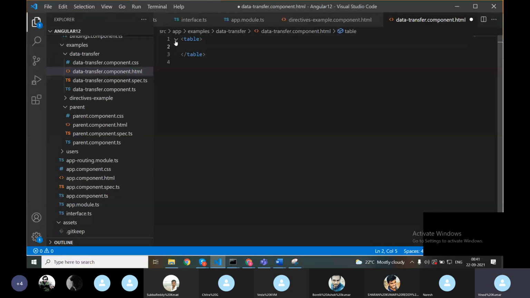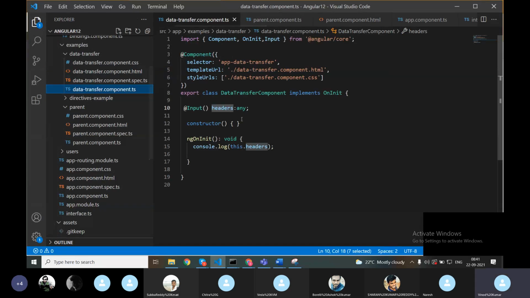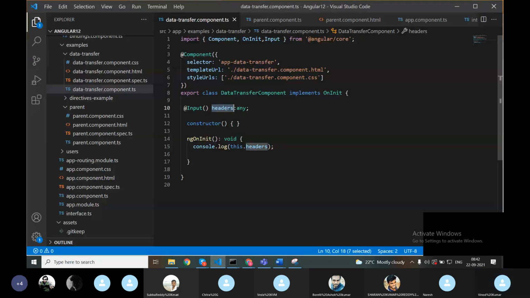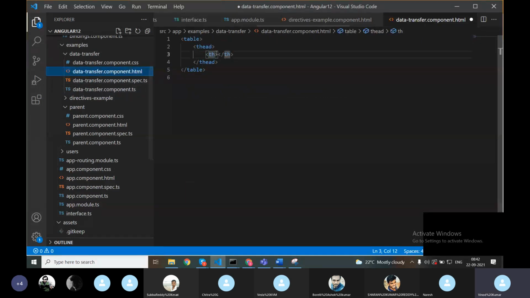Table. th. So I will use a th. What we need to use here? We need to use *ngFor. The headers variable contains three data: user ID, username, location. I need to iterate each and every element from this array. Here I need to iterate using *ngFor